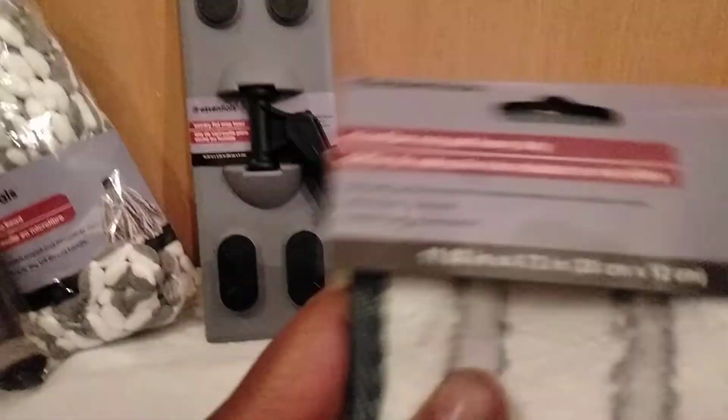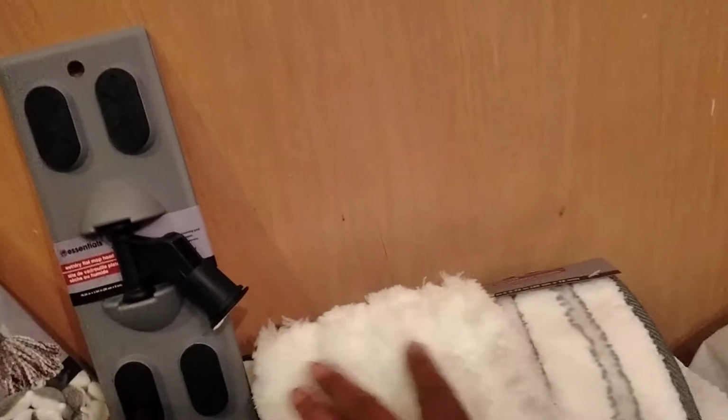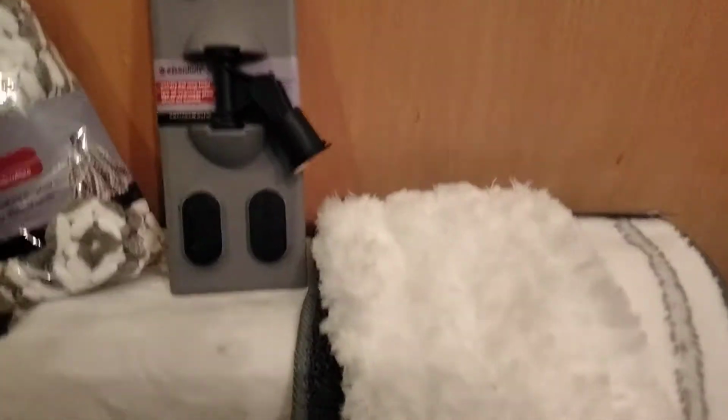But I bought, nonetheless, 3 of these to change them. And if you have a Swiffer, you can use these on your Swiffer, okay? Just so you know, because I will mix and match something in a hot minute. Also, if you have a Swiffer,